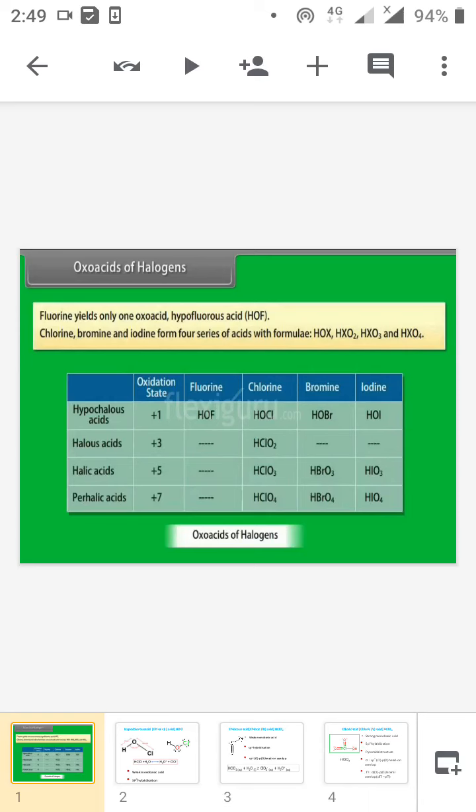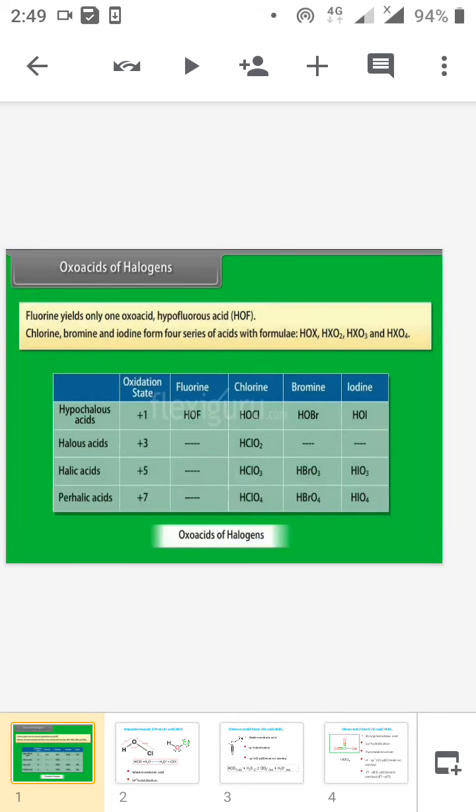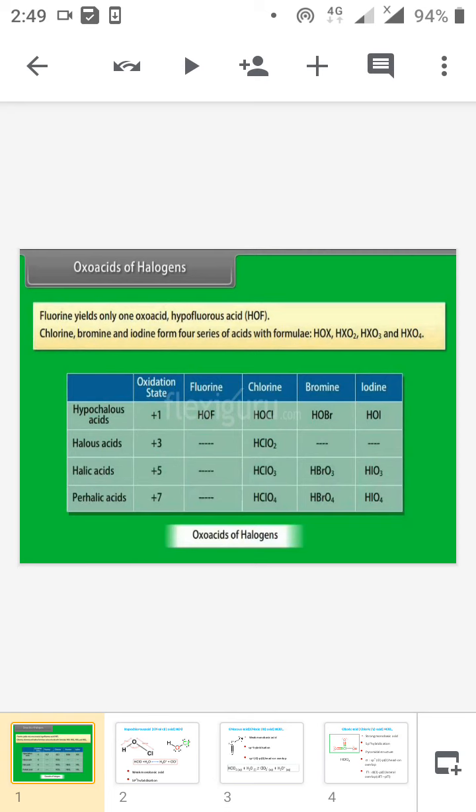Hello everybody, today we are discussing the next topic, that is the oxyacids of the halogens. This is the last topic of representative elements 2. So fluorine forms only one oxyacid, that is HOF, in which the